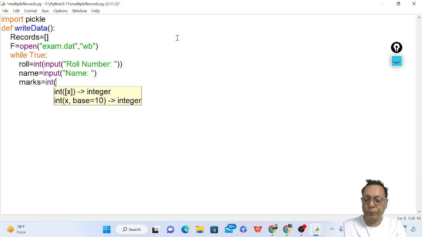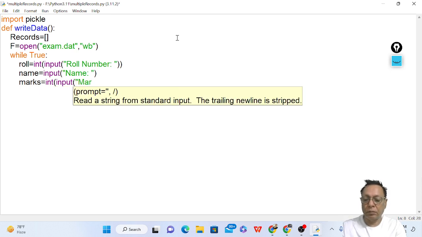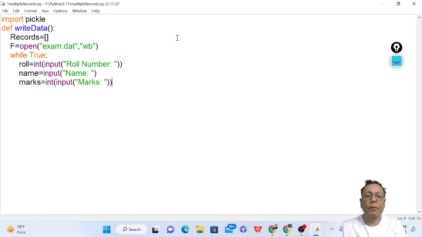int input marks. And after taking these fields, we will dump them into a list. So how to make the list out of these fields? rec is equal to, this is the temporary list, roll number, comma, name, comma, marks. So this is the temporary list, and I have to